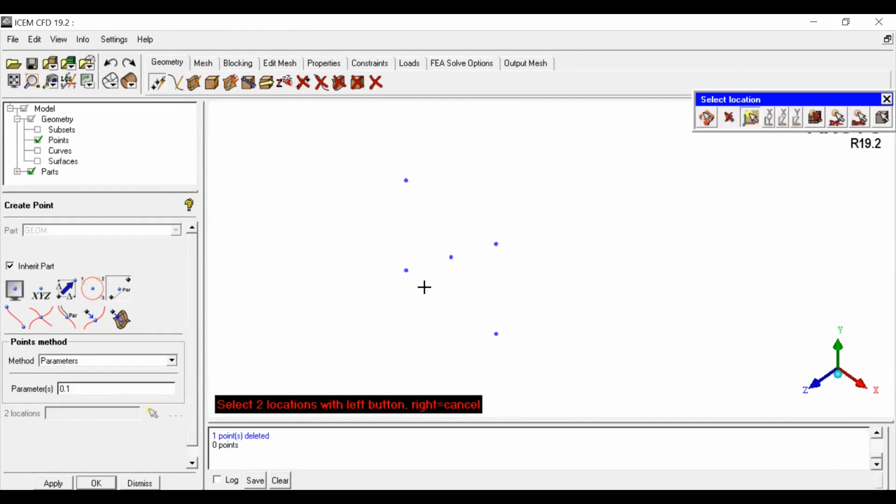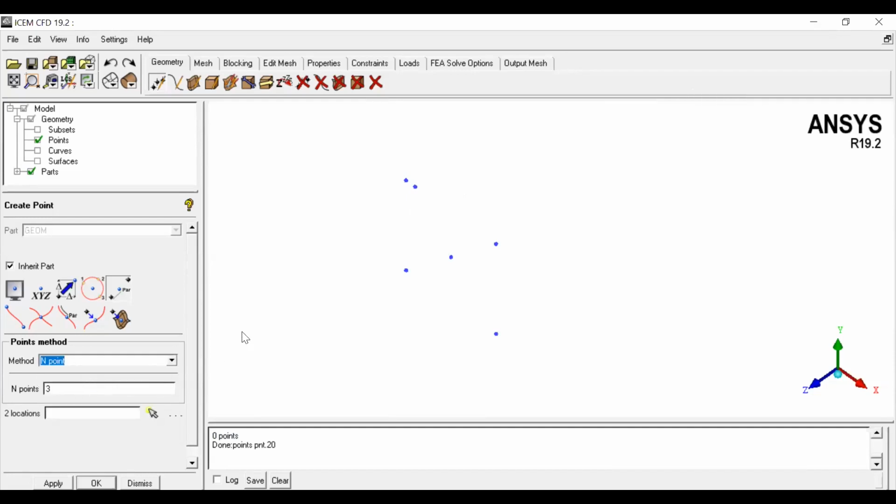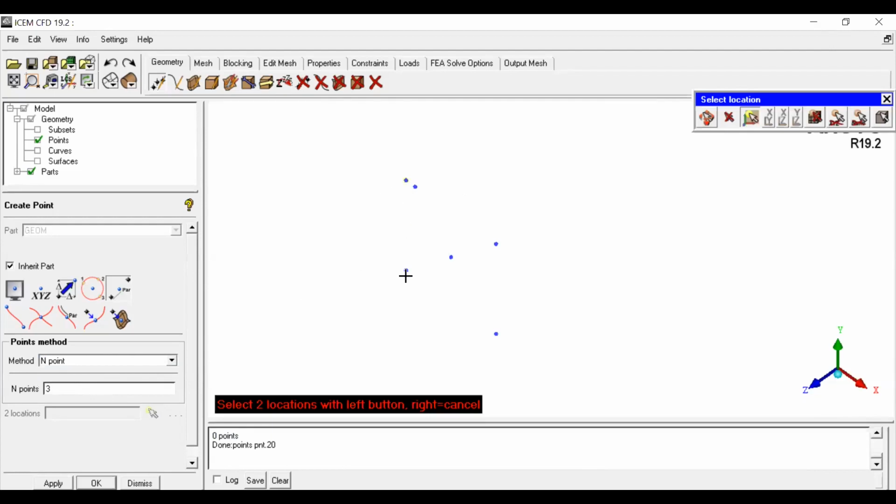Yeah, because you may have a doubt, why do you want to generate the points in between? It is very much essential when you create a structured mesh, because a structured mesh gives high orthogonal quality, right? So you can easily get a good orthogonal quality mesh. So if I give parameter as 0.1, I want to select this point and this point. So at a distance 0.1 from this point, one point is created, right? If you give number of points 10 and select these 2 points, 3 points will be selected.